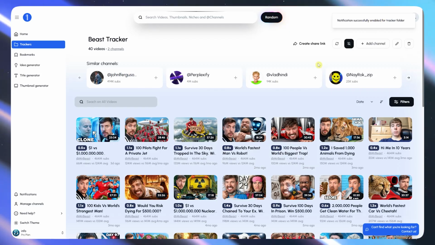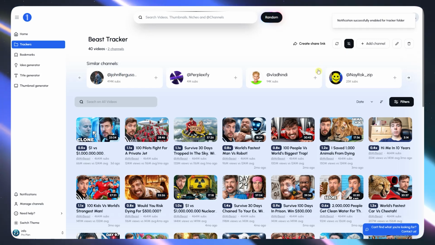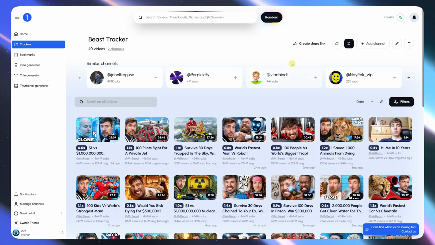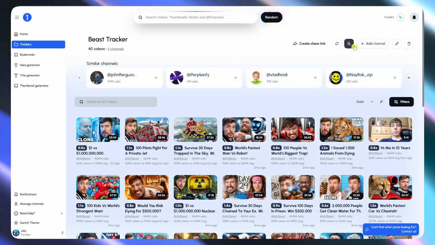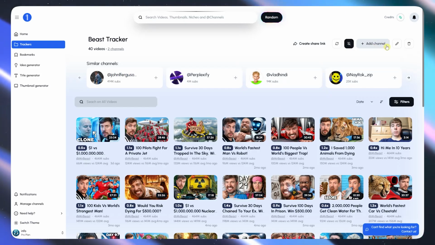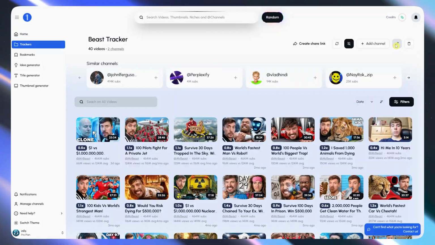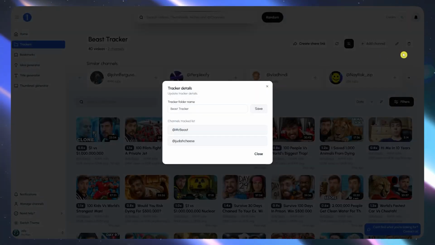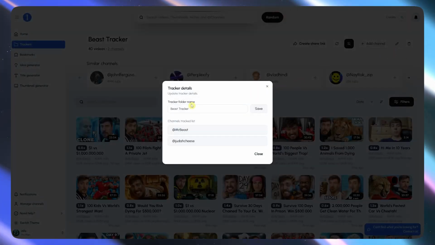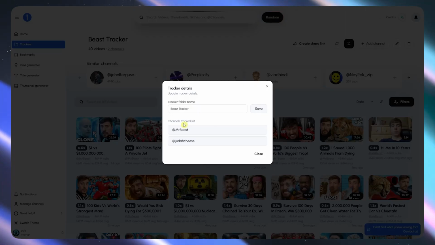And that would mean that one of them would notify you if there's something going on with this tracker right here. So that's how you can enable this. And then you can always add channel like we did earlier. Click here in the edit tracker details if you'd want to edit the tracker folder name, and then the channels